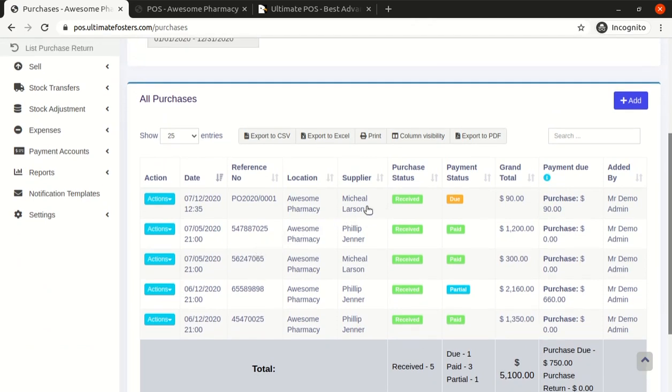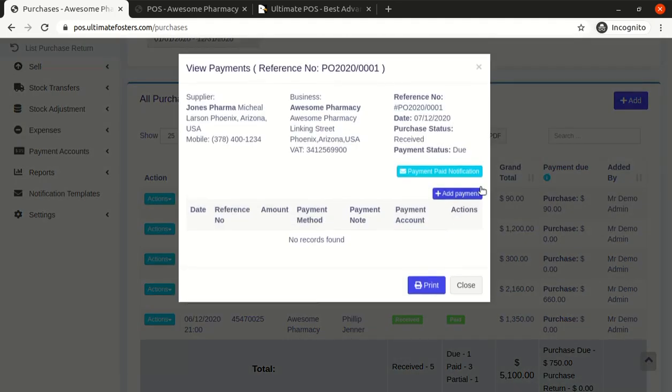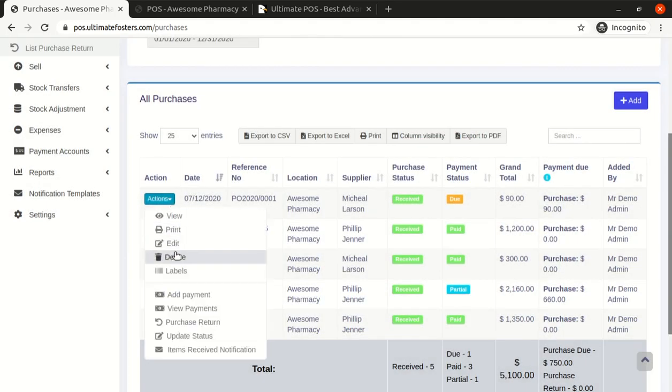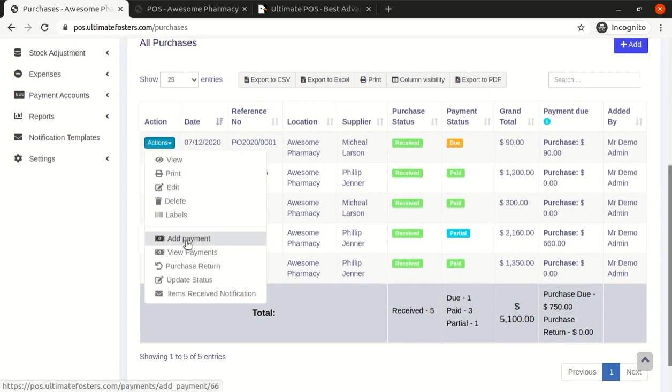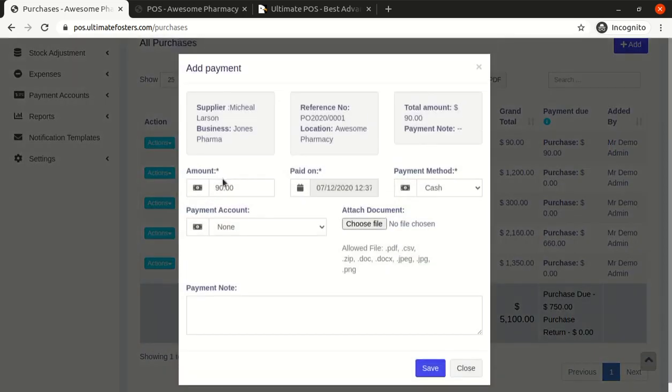Okay, so now we added this, this is the invoice which we added. The purchase status is received, payment status is due. So if we have paid to this particular supplier, we can click on this due over here, or we can go to the action and click on add payment. In the add payment, the total payable amount is 90.